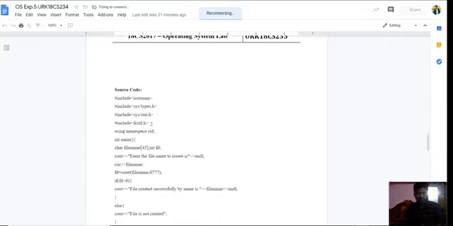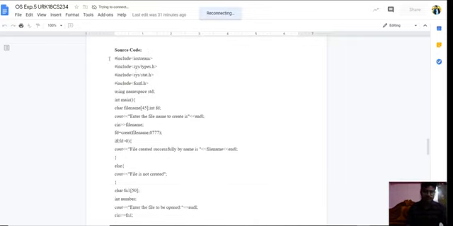And let's see the program, and I am going to see how to implement these open, create, read, write, close methods. The main aim of this program is we need to enter a file name and open the file. After opening the file, we need to read the content. After reading the content, we need to write the content into the file which you created. After writing into the file, we need to close the file.